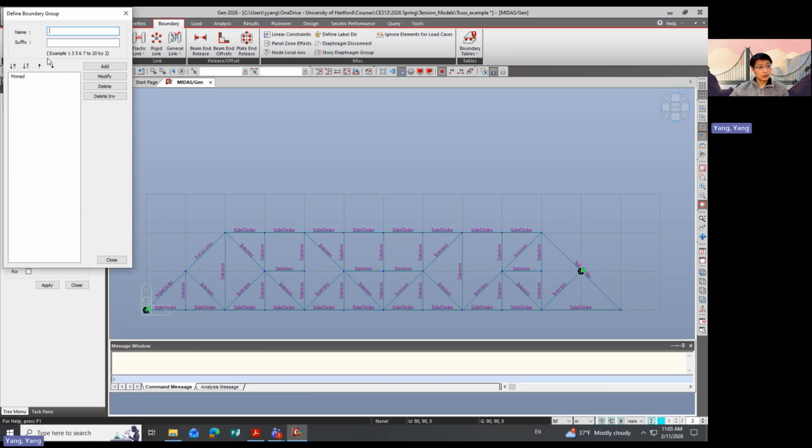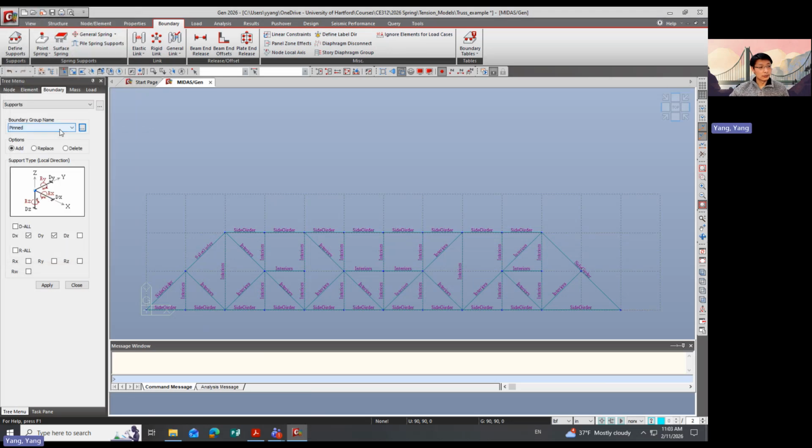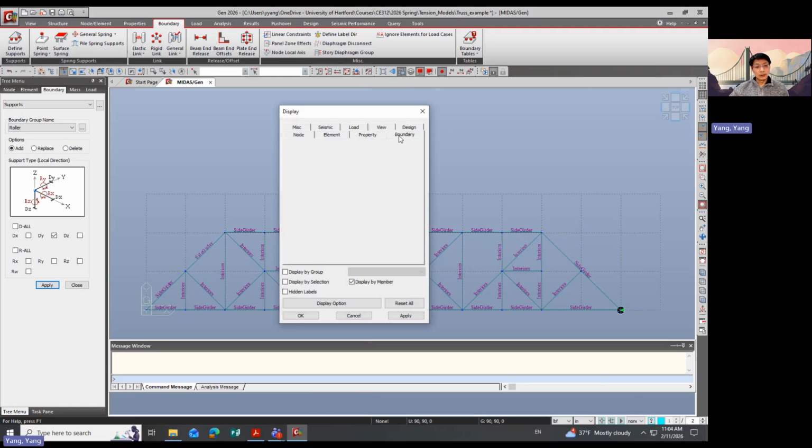And then we wanted to add a roller. So we just wanted to add a roller here. For the roller, we restrict the Y here. Roller, apply. So we applied both of them, but we don't know whether they applied, so we can show